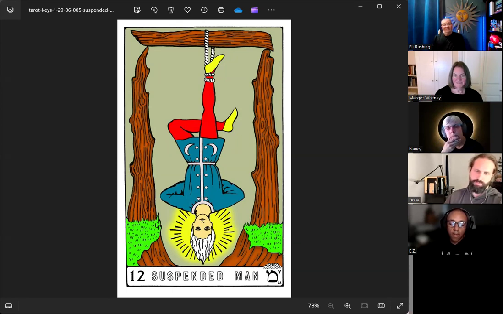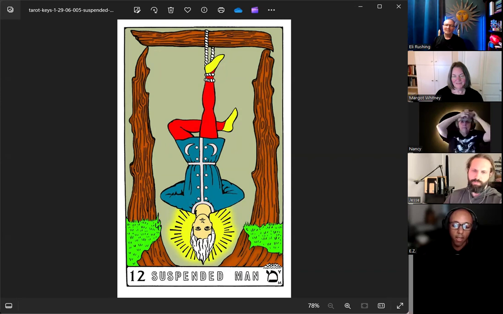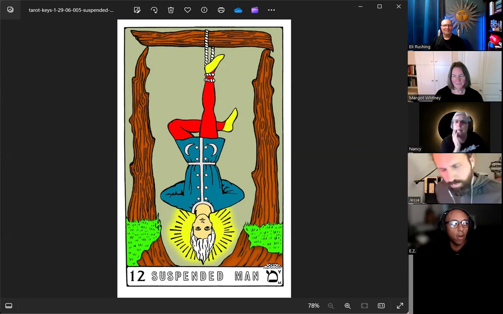That's beautiful. The question real quick on this, because as you know, one thing that always strikes me looking at this is total relaxation, total surrender, like there's no efforting or moving or anything, just complete relaxation into it. The question I had was, noticing the person's hair, are there other cards that have white hair, or is this the only card where